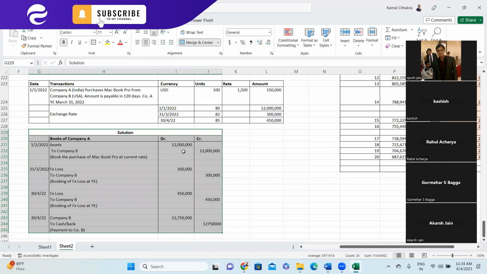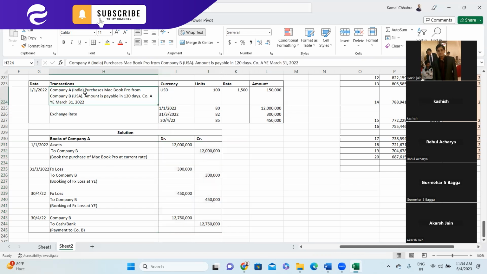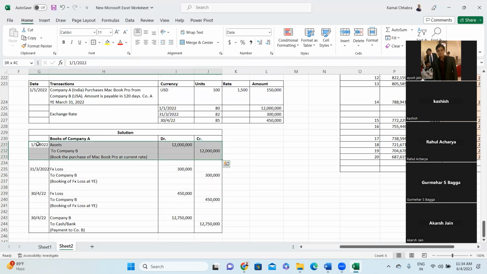Yes. So sir, there is one vendor, FedEx Trade Network. So they are generating an invoice in Canadian dollars, and they are considering the exchange rate as on the date of invoice. ठीक है, जैसे उन्होंने इनवॉइस जनरेट किया 1 मार्च को, तो उन्होंने जो भी रेट लिया उसके बेसिस पे इनवॉइस बना के हमको बता दिया, और हम उस इनवॉइस को रिकॉर्ड कर रहे हैं। और जब 30 अप्रैल को उसका पेमेंट होता है, तो इनवॉइस में जो दिखा रहा है वही हम पे करते हैं।